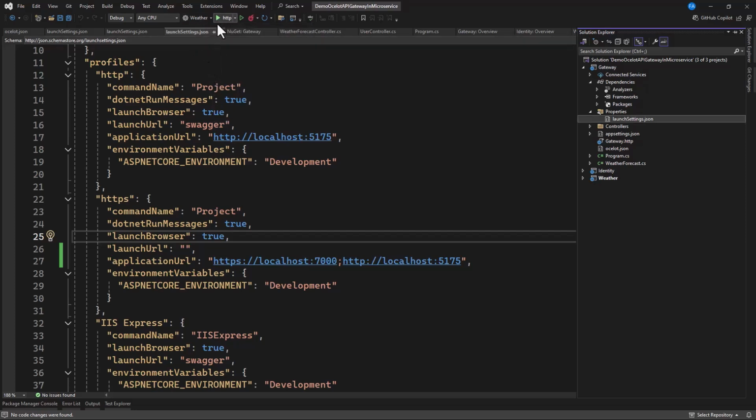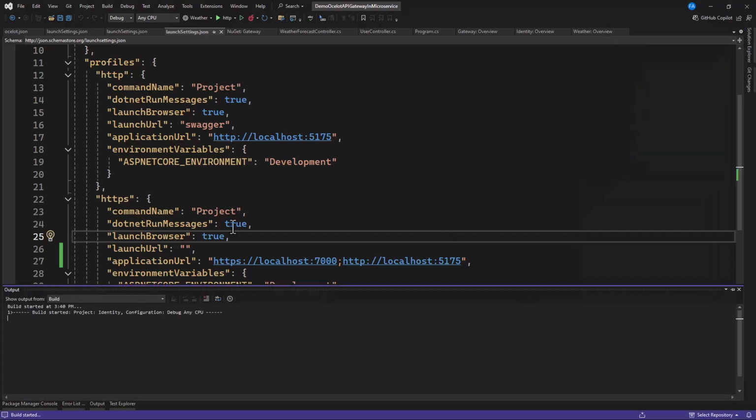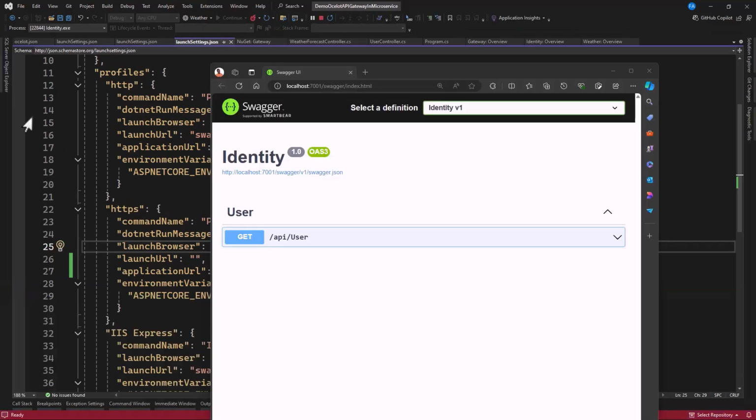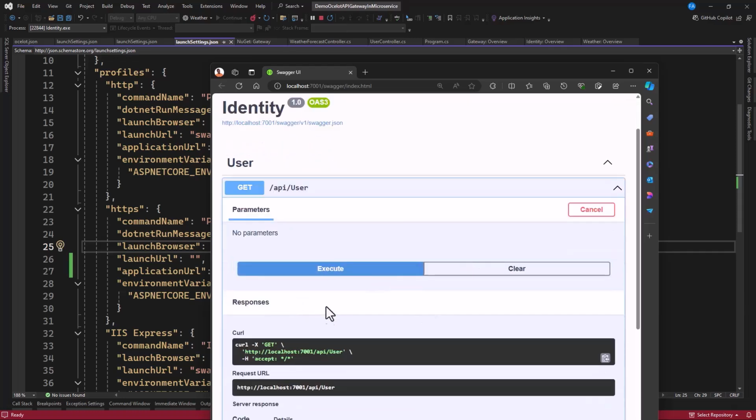Okay, so in here identity, and now let's start new instance. Alright, so you can see that here it is running on port of 7001, and that is identity. And you know what to do. We get our users, and wow, we get them.